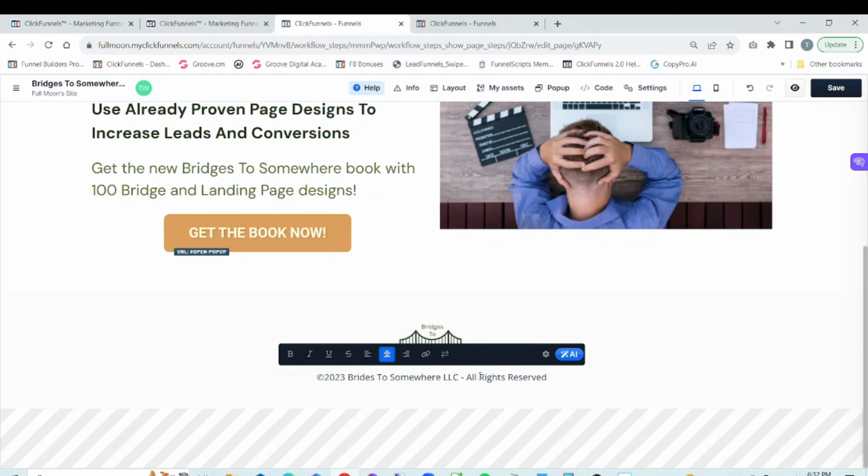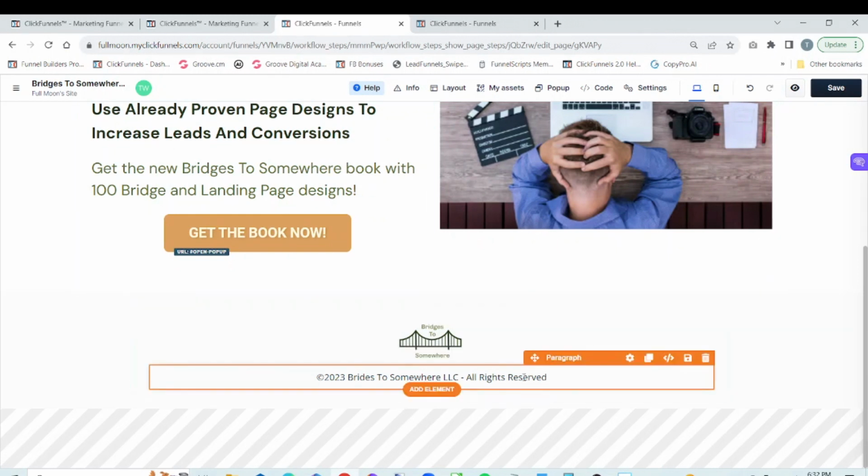Okay, and then I'm not really going to mess too much with fonts and colors, because this is just a quick and down and dirty little tutorial, but normally you would make that match whatever you're doing. Alright, and I'm going to go ahead and duplicate that,